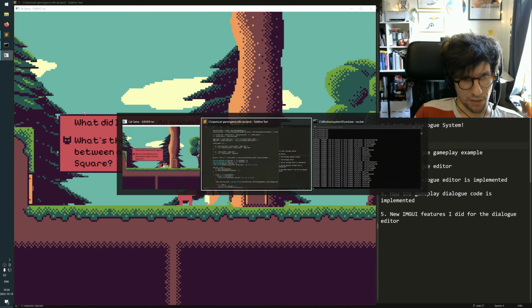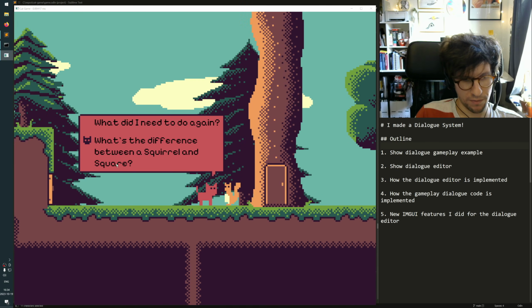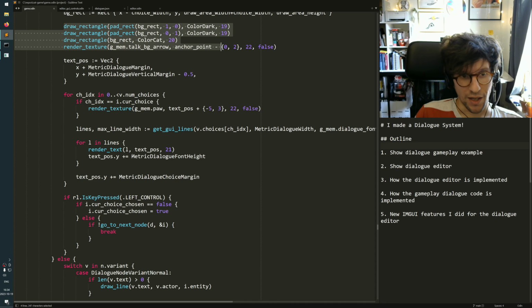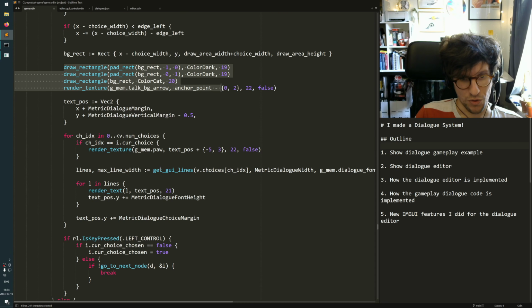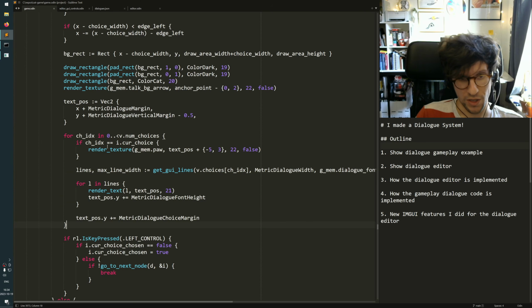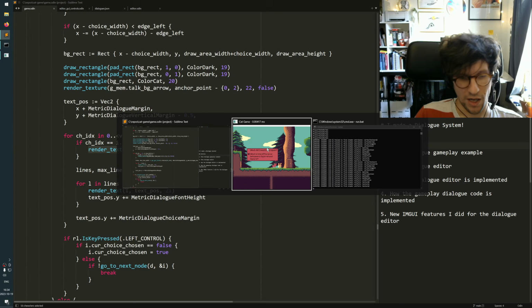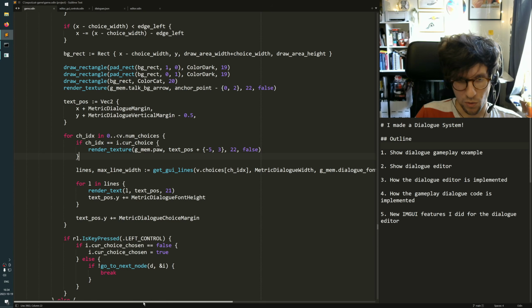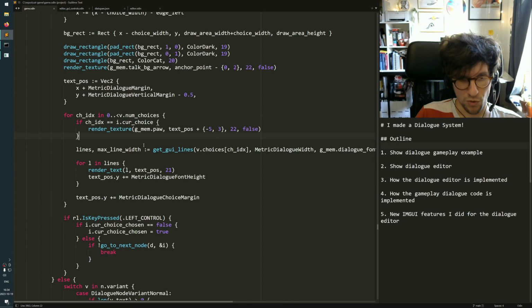And then it pushes it around like before with this code here, and it draws the big background rectangle, and then it has to do the stuff with the choices where it goes over each choice, and then it renders the little icon on which we are on. Currently it's a little scary looking cat face. I'm not sure what to put there really. And then it goes through all the lines and renders the text, and it essentially just renders each line and then increments